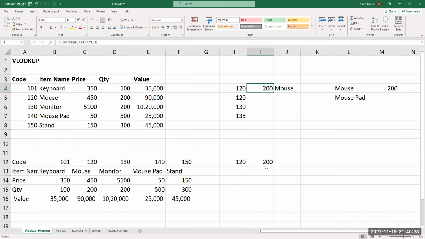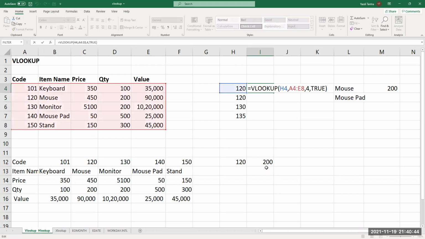If there is an exact match, and if you remember, once we have done this before, if there is an error, we use a formula called IFERROR. Remember? So we say equal to IFERROR.